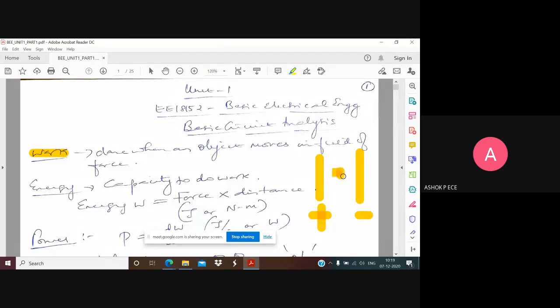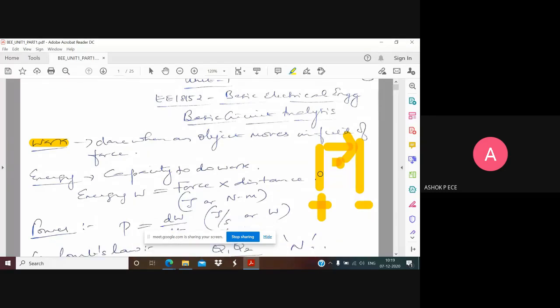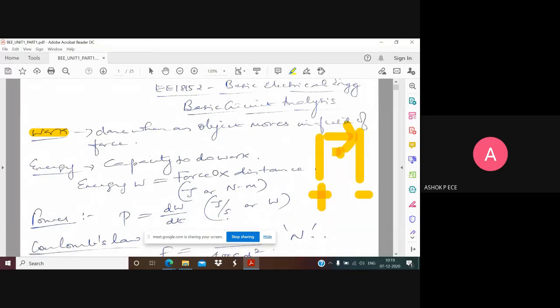Very simple. If you move from one place to another, you are spending some energy and doing some work, right? So work is done when an object moves in the field of a force. What force do we have here? We have electrical force, which always acts from the positive terminal to the negative terminal. So if you move the electron in this direction or against the force, you will have to do some work. Doing work means you are spending some energy in moving the particle from one position to another. Is that clear? What is work?